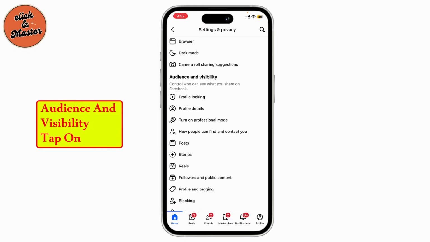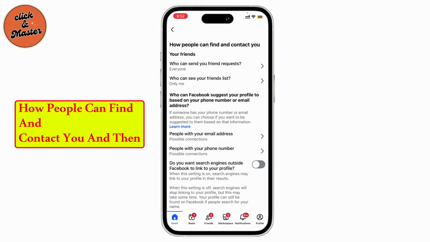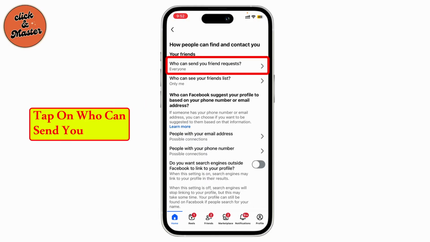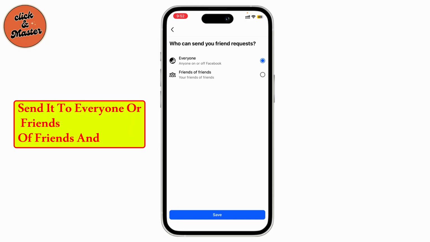and then under audience and visibility, tap on how people can find and contact you, and then tap on who can send you friend request, and you can set it to everyone or friends of friends,